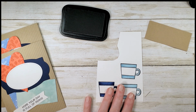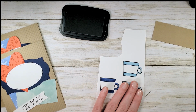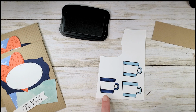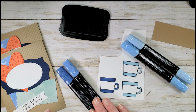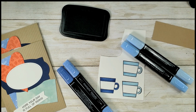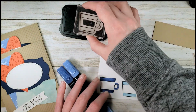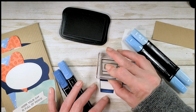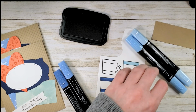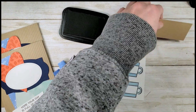We've gone ahead and got a head start on these. We just did simple 2-shade blending on our cups. We're using Balmy Blue and Night of Navy combo. So I'm gonna just do one of those for the video. I've done a lot of coloring in this video, and so now I'm just gonna run through the one Night of Navy cup with you, but you're gonna stamp 4 mugs for the 2 cards, one of each color,